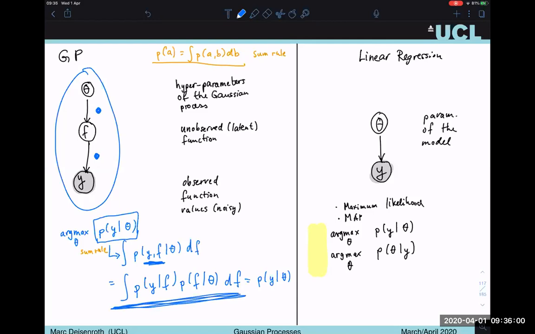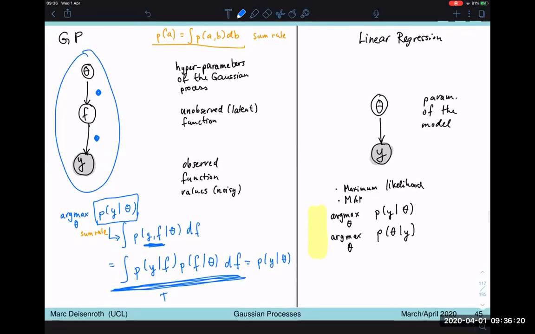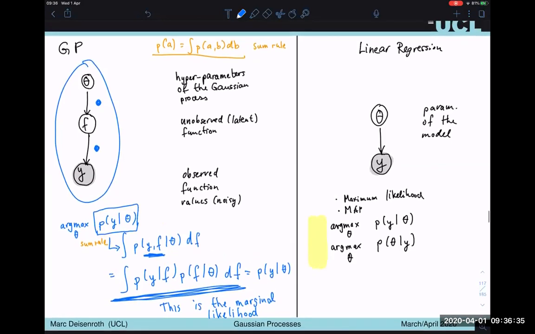So now the question is, does this look familiar? Yes, it does. What is it? So it currently looks like the marginal likelihood that we can derive from Bayes' theorem. That's right. So this is the marginal likelihood. And that is exactly right. And we came to the marginal likelihood